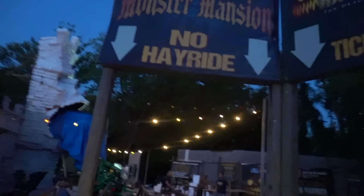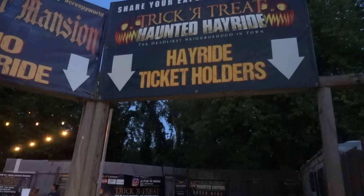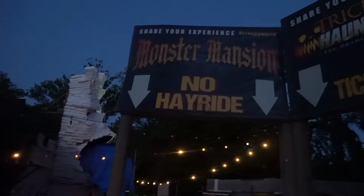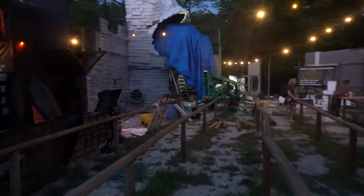And then we've had this Krampus haunted house for a long time, and so we've decided to replace it, and now it's called the Monster Mansion. So when you're on our website, scarefest.fearticket.com, you can add on the hayride. The hayride is an upcharge of $5. If you have the hayride ticket, you'll go this way. You'll go through the hayride, and then you'll exit over there back into the queue line for the Monster Mansion. So the Monster Mansion is our new haunted house for